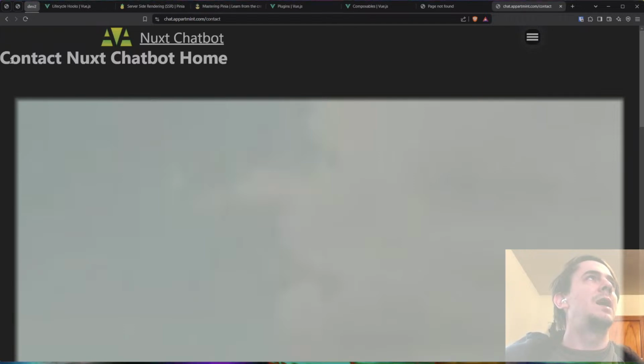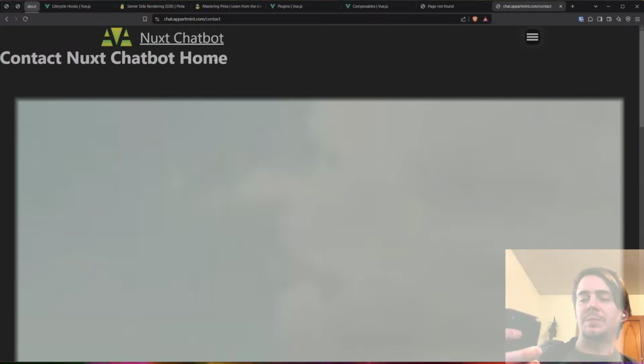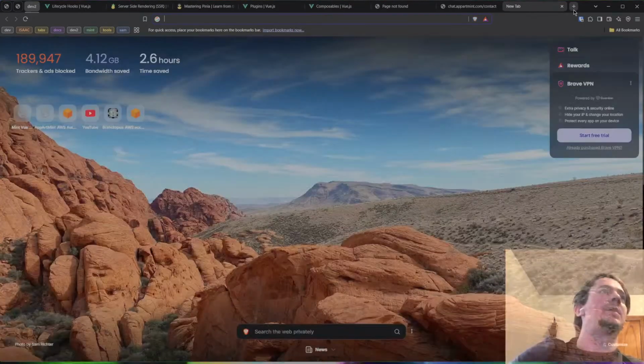And then I will add the chatbot functionality to that and just access it from the chatbot application. So we're going to want the Amplify